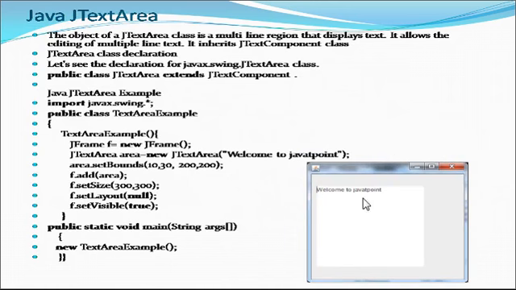Next is the text area. This is a scenario of the text area, and this is also editable. The text area allows the editing of multiple lines of text. It is a combination of rows and columns, and you can also give the length and width according to the user. Here we fix the size, setSize 300, 300, 300 width and 300 length. This is the size of this text area. The same methods are mentioned here: setVisible, setLayout, setSize, add, and setBounds.